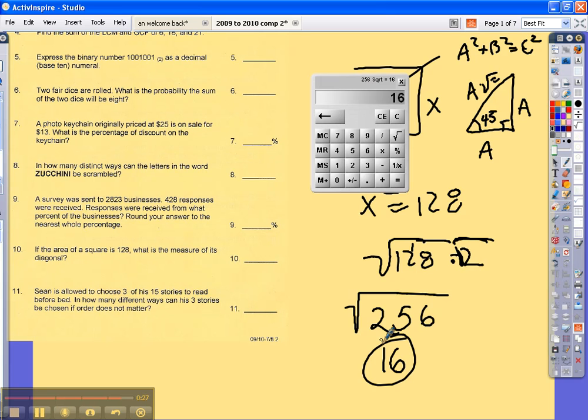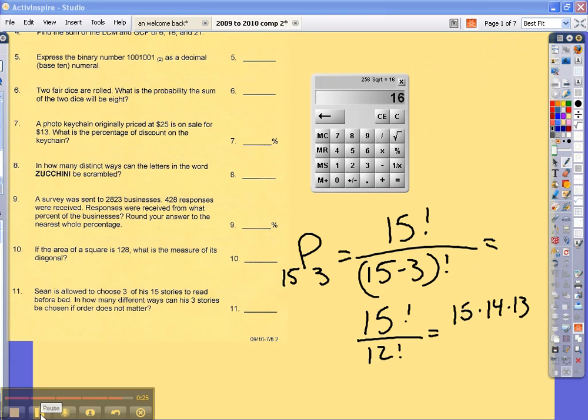Finally, number 11. I made some notes here. So this is a permutation, 5 and 3. So we end up using the equation 15 factorial over 12 factorial, which will just end up being 15 times 14 times 13, which is 15 times 14 times 13, 2730. However, order doesn't matter, so we have to treat it as a permutation, so that's